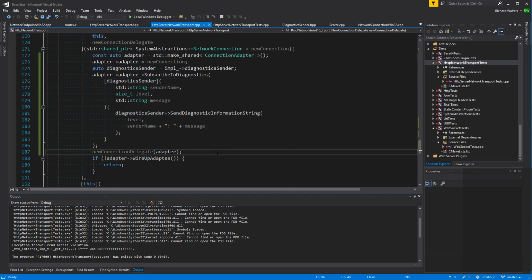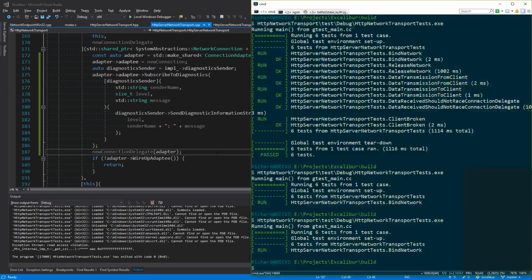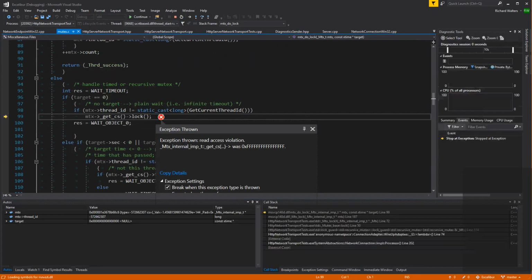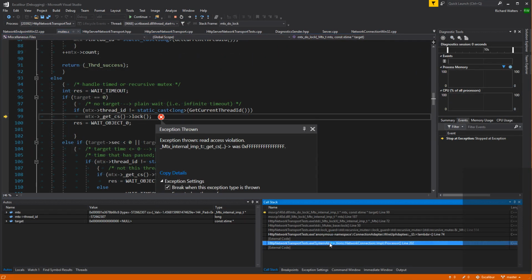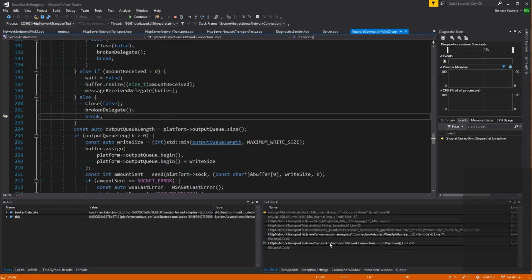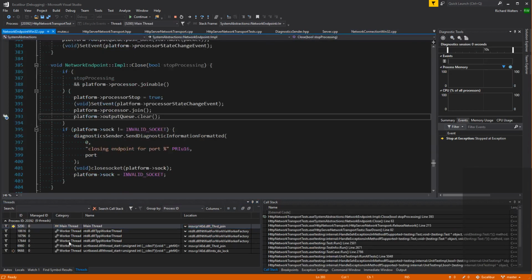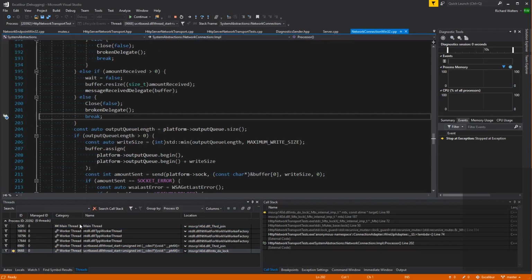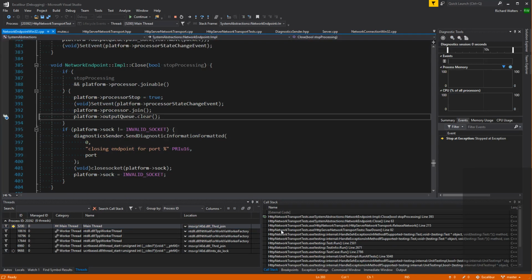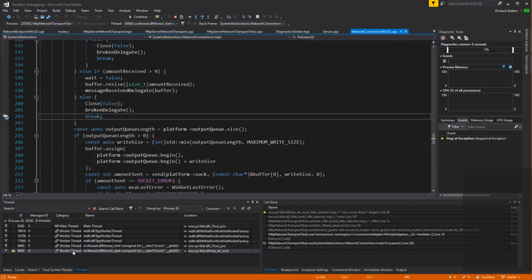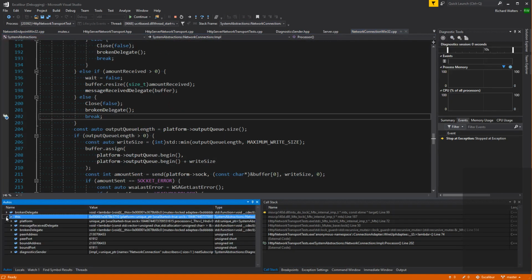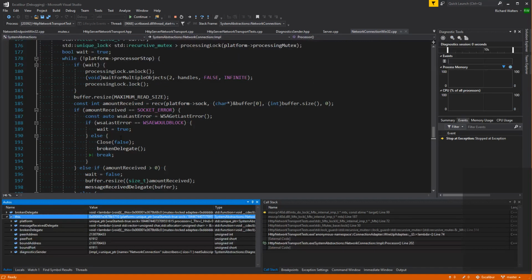No, that shouldn't have broken anything. Okay, I'm confused why this is crashing. It's somehow running the processor for the connection, even though it... Okay, it's waiting to close it. How come the broken delegate is smashed up? The whole object smashed up. Why is that? How did it get destroyed?